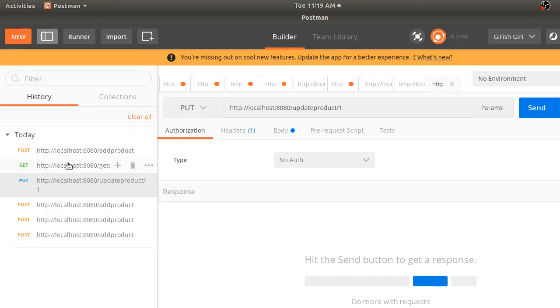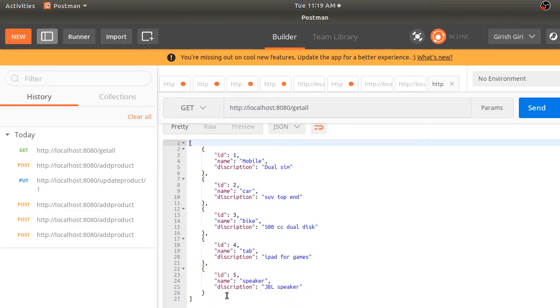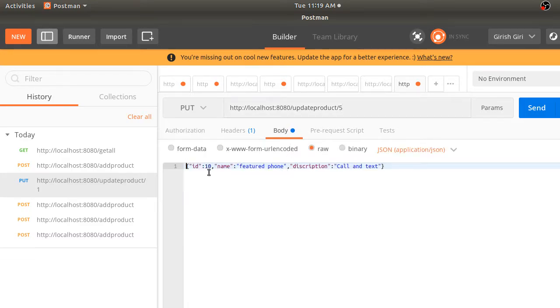So now the speaker is the one with ID 5, which is already present. I will make use of this speaker and alter it to something else. So I will use a put request, choose ID as 5, and change the description here. I'll keep the ID the same, 5, and change it to featured phone and call or text.